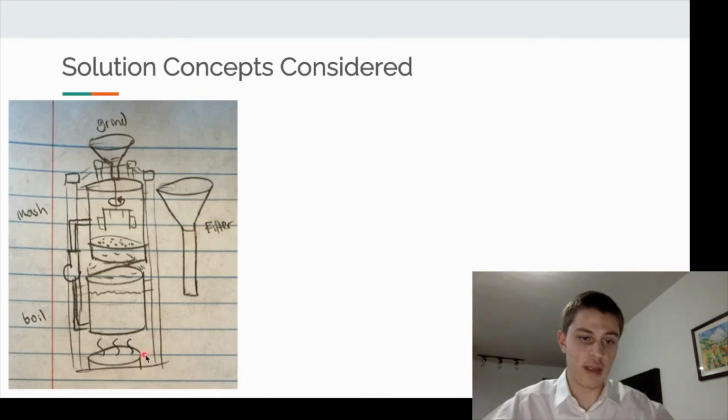We built a frame with multiple levels for the major heating element and the minor heating element to sit, and then have the tanks sit on top of those and build everything else around that. And this is what we've been pushing